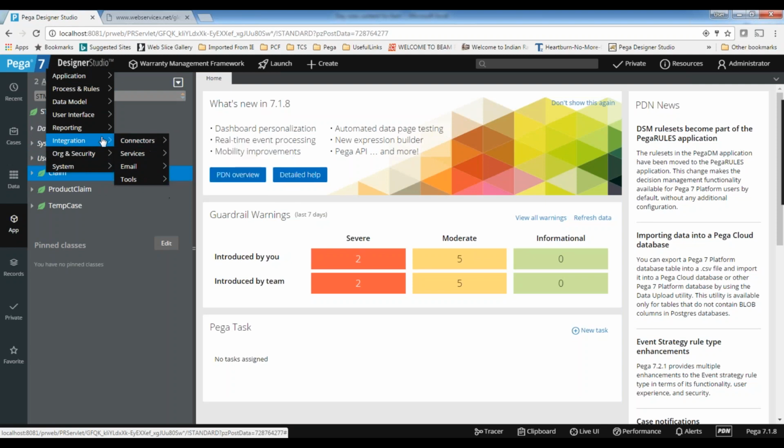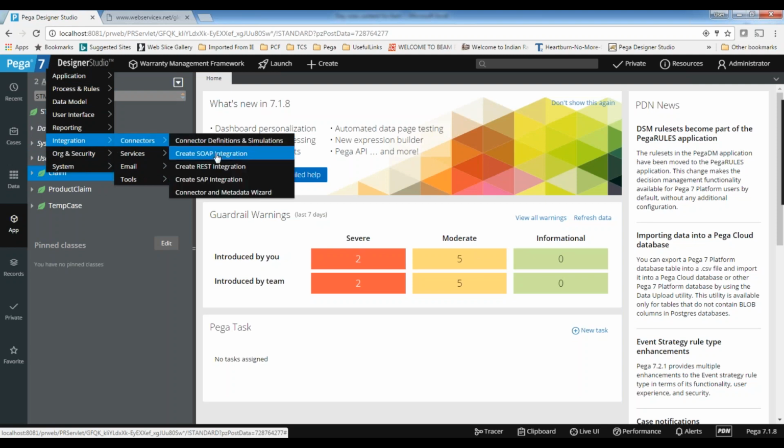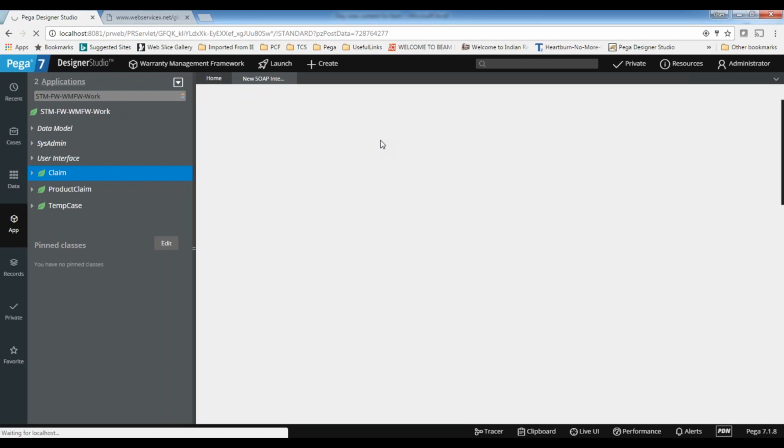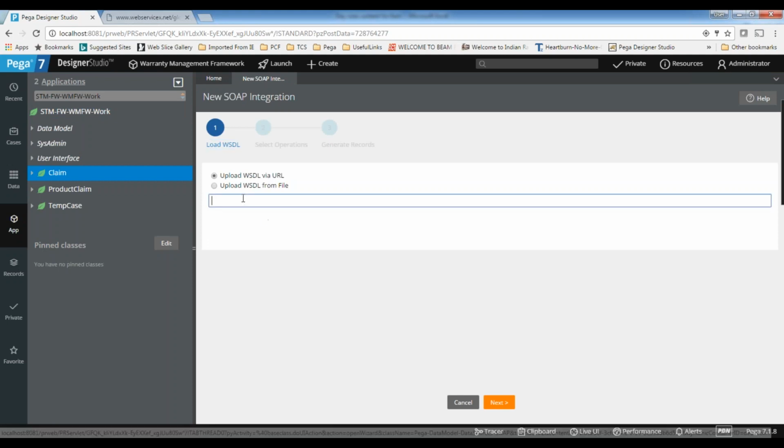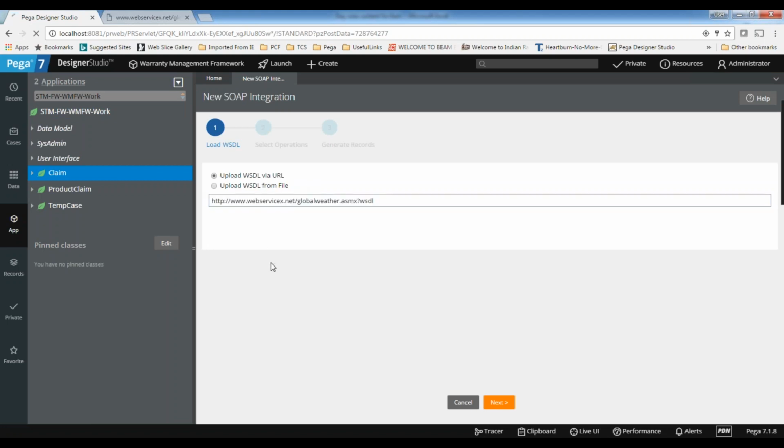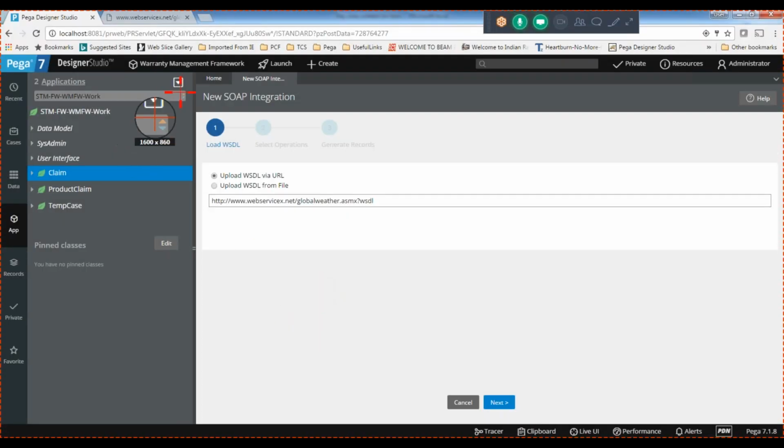Go to integration. Go to connectors. Go to create SOAP integration. So we are creating a SOAP integration, and again the system will create all the necessary rules. You don't need to bother about it. You just need to verify it once again. So you need to upload the WSDL file via URL. So I am uploading the WSDL file. And then once you do this, so let me